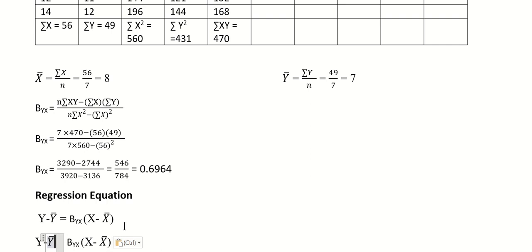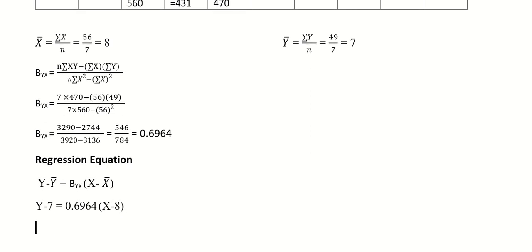So mean of y is 7, and beta y on x we have calculated, that is 0.6964. 0.6964, x minus mean of x, which is 8. So now we will just calculate the equation. After solving this we have got as